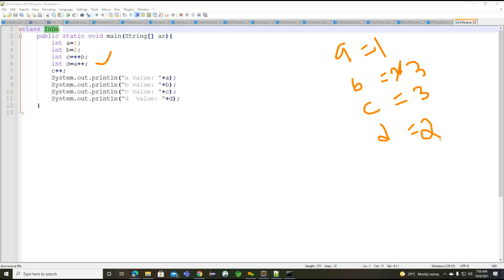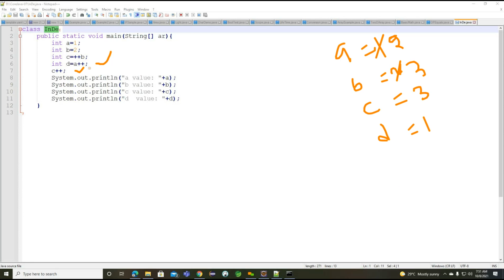Is it applicable? No, because after executing this particular line number 6 here, the value will increment here. Now, as of now, this particular D value is 1, and whenever we are moving into the line number 7, the A value will become 2. Getting the point? So this is all about the D 1 and A value 2.